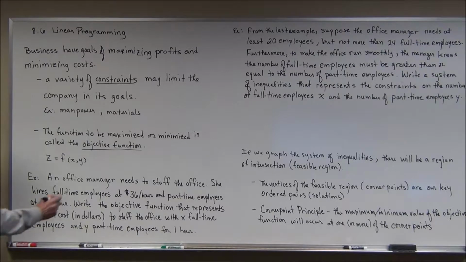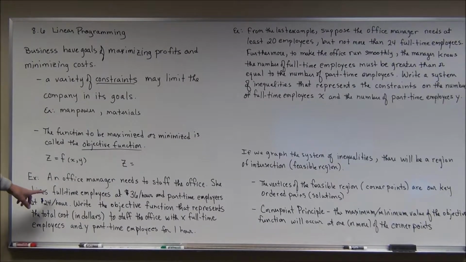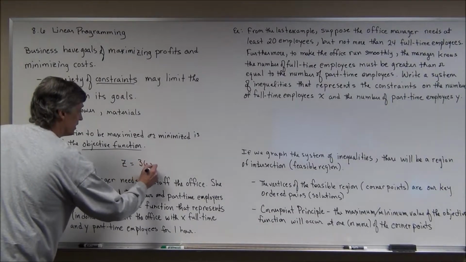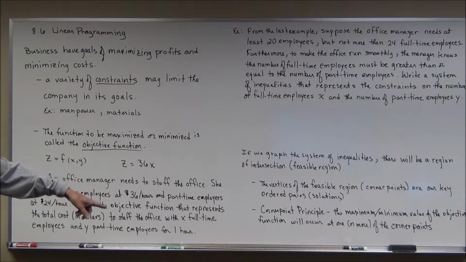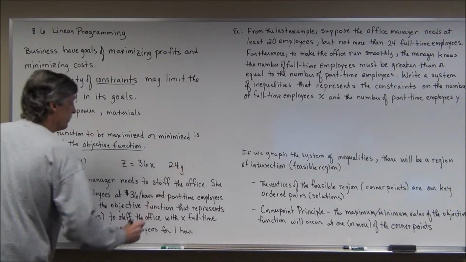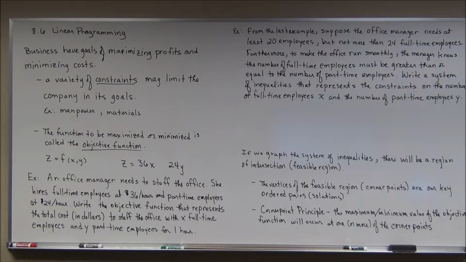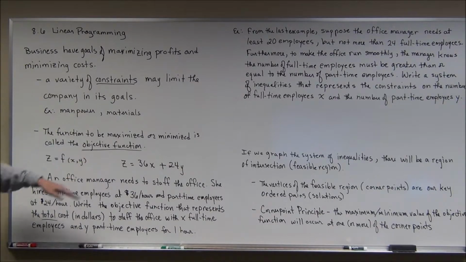And I'm going to write this as z equals $36 for full-time, X full-time. That would be $36 times X for 1 hour for the full-time employees, $24 an hour for part-time employees. We have Y part-time employees, so 24 times Y would represent how much for 1 hour those Y part-time employees cost, and we're looking for a total cost, so we're going to add those together. And this would be our objective function. In this case, we're going to try to minimize because we want to